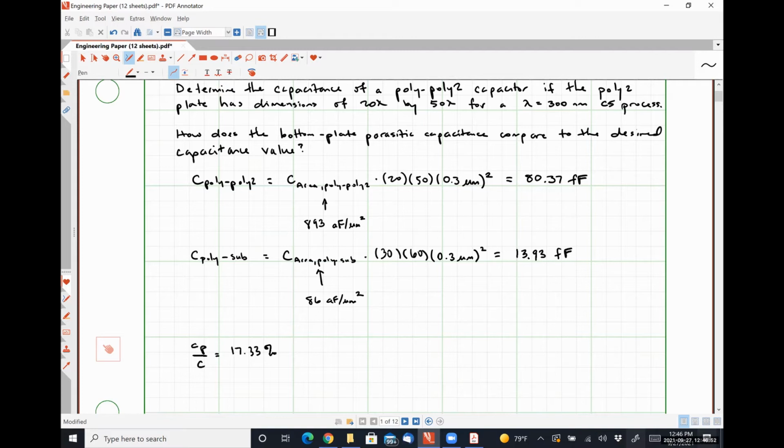We're able to make our plates much smaller here because we're using the dielectric gap between the two poly layers, which is very, very small. But we can see that our bottom plate capacitance, even in this case, is significant. And the larger we make our poly 2 capacitor, the more and more bottom plate capacitance we're going to have as well, right? Because we're making that area larger every time. All right, so